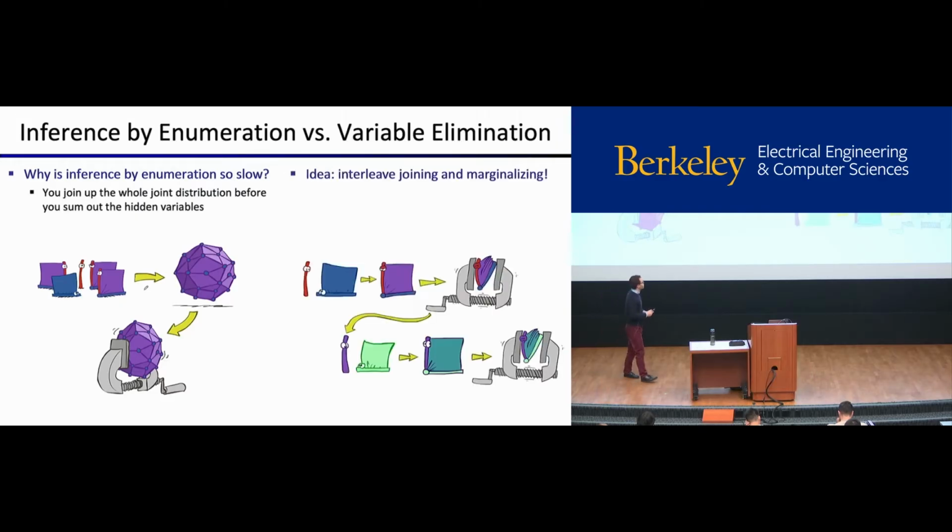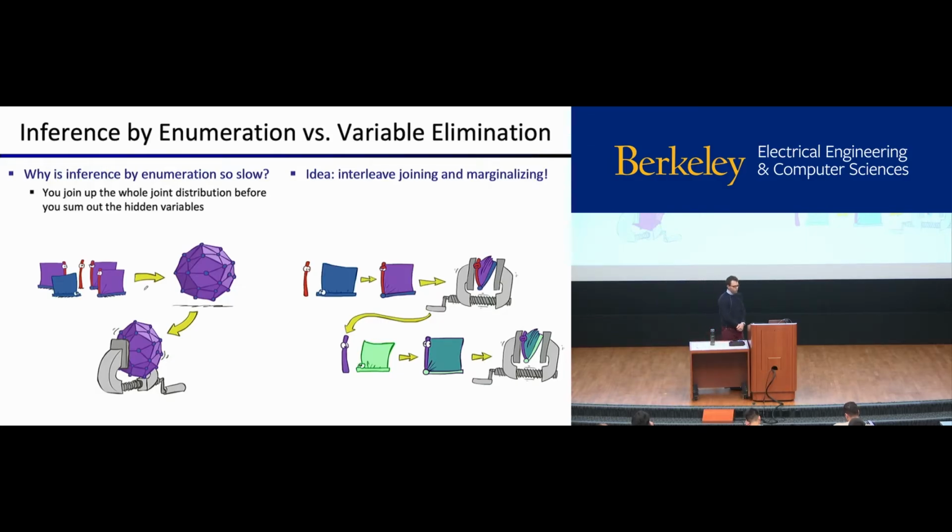By contrast, this variable elimination strategy is saying we're going to eliminate all the variables that we don't need the minute we realize we don't need them anymore. So we're going to multiply two distributions together, and then immediately, if there's any variables we don't need anymore, we're going to sum them out. And then once we've summed them out, we can try multiplying the result by any distributions that we still need to multiply in. Then we're going to sum out all the stuff we don't need, and we're going to keep repeating this process. So we're always summing stuff out as soon as we can sum it out.